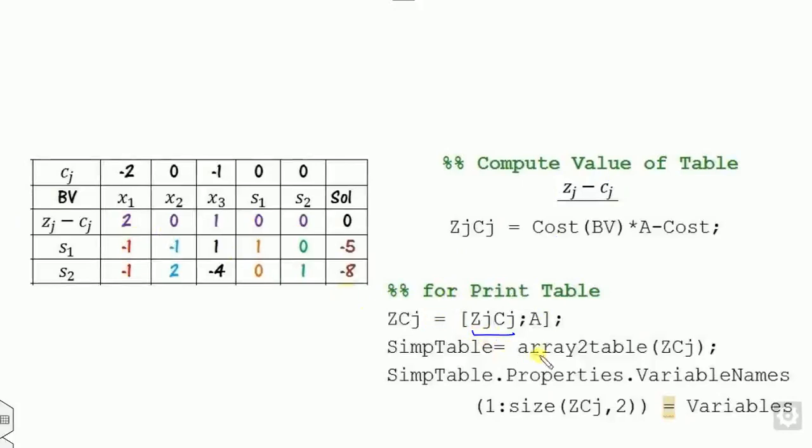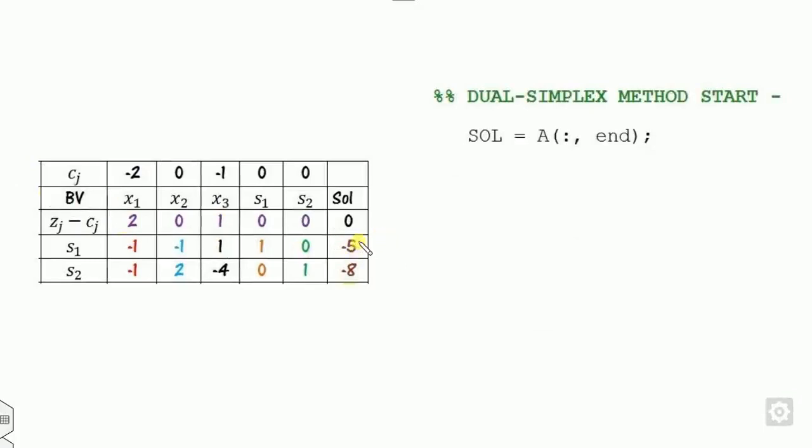Matrix A, you have to print in table form, so you have to convert the array to a table of these values. Now you have to put it as a simplex table, so the property is replaced with the variable. So this is the first table. Now you have to find the leaving variable first. How you find the leaving variable is, you take these two values and find the minimum. So I call it the SOL A of the last column.